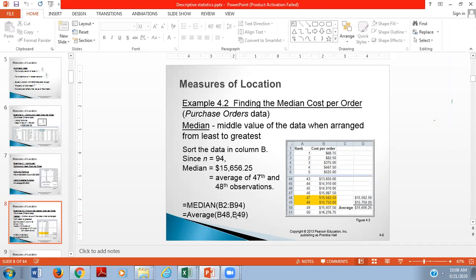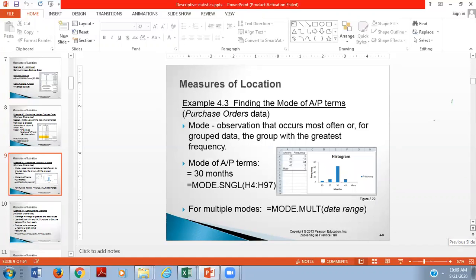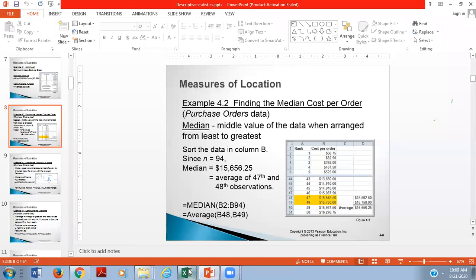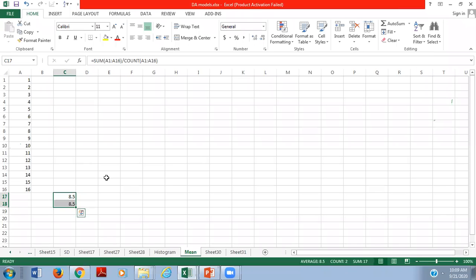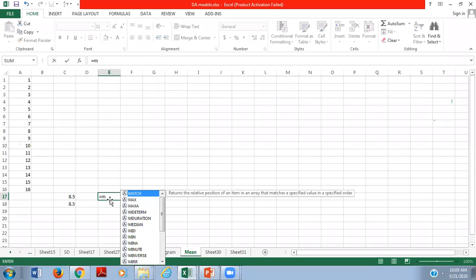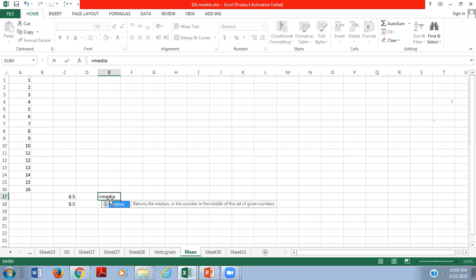But first we're going to discuss how to calculate a median. It's not difficult to calculate. We want to calculate the median, and the same is in Excel. We have the median function, then start the bracket, select the range, then enter.